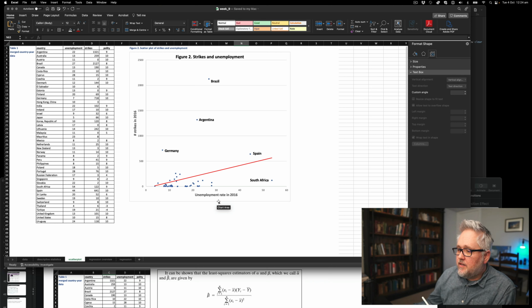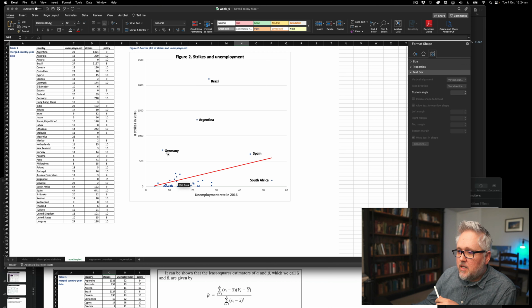Here we see the x variable is the unemployment rate on the x-axis, and the outcome we're interested in explaining is the strikes on the y-axis. And I highlighted a couple of influential observations here in which you had a country that had high unemployment but lower than expected amount of strikes. Here's a linear prediction in red.